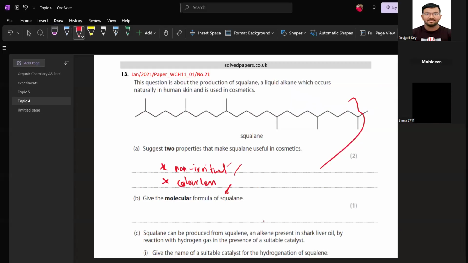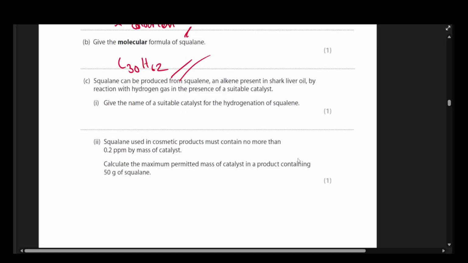What do you get? Do you get 30? I believe I get 30 carbon. C30H62. Yes, this is the correct answer. Very smart. Okay, the next part is that squalene can be produced from an alkene present in shark liver oil